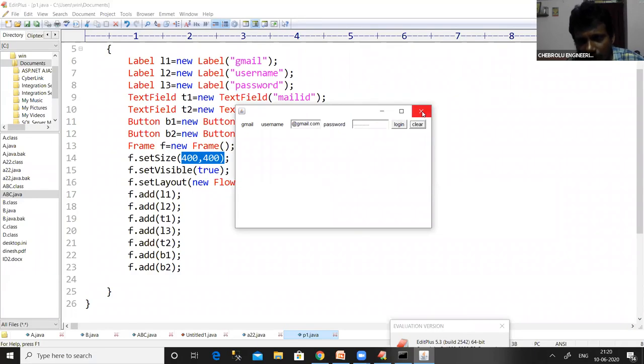This is how we can create a simple Gmail or any login page by using the Abstract Window Toolkit. Here in this class, we have created labels, text fields, password fields, buttons and frames. In the next class, we can have a close look at some other programs, such as how to create radio buttons, how to create checkboxes, and other Abstract Window Toolkit